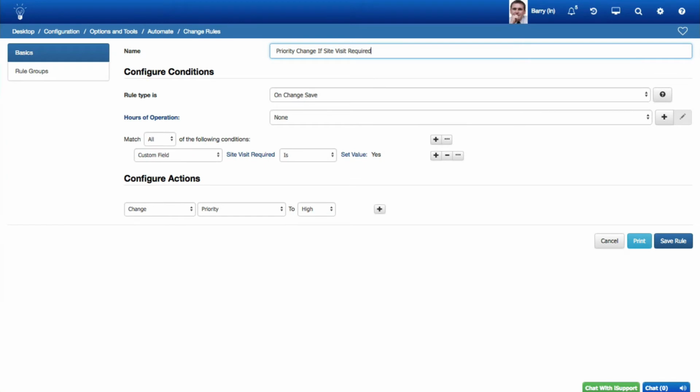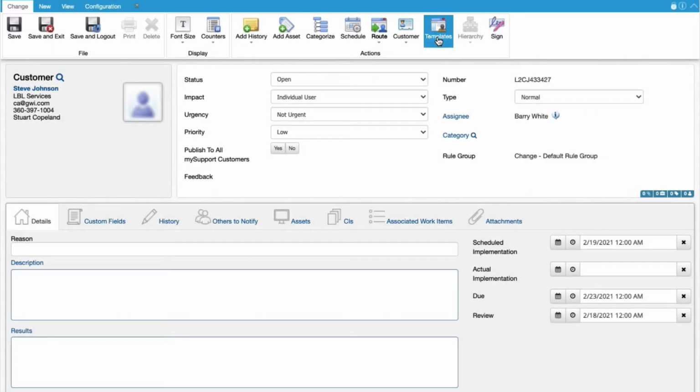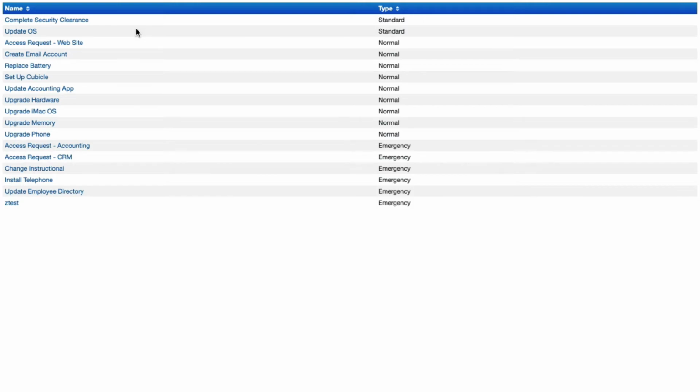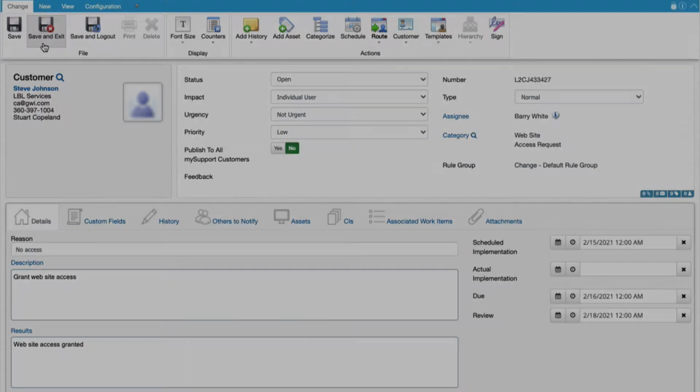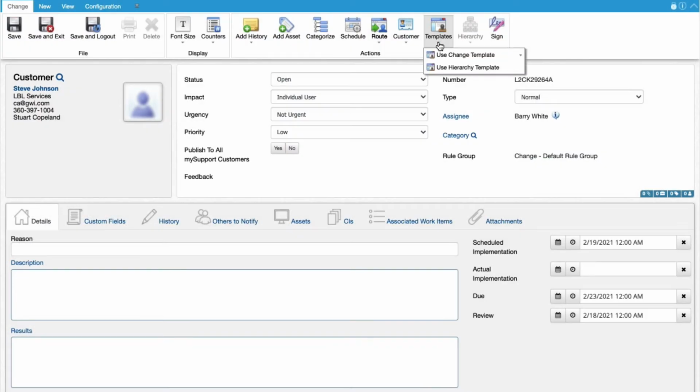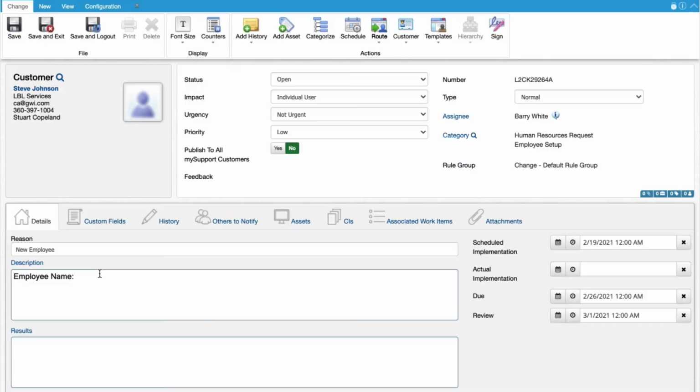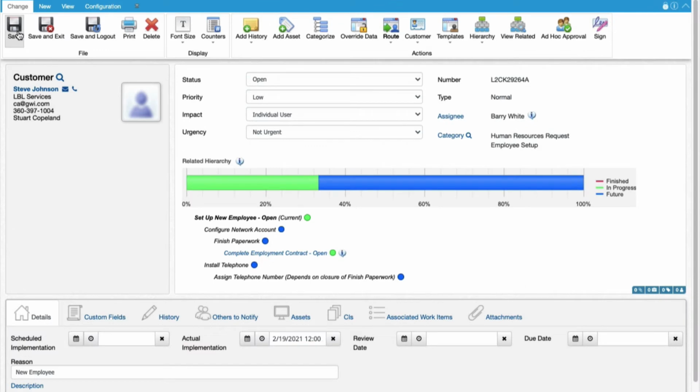Field values can be automatically changed based on specified conditions via change rules. You can use templates to populate fields for common and recurring changes, such as access requests. Use hierarchy templates, which are related under a top-level template, for tasks that have multiple activities such as setting up a new employee. When a hierarchy template is selected for a change, the template structure is copied to the change